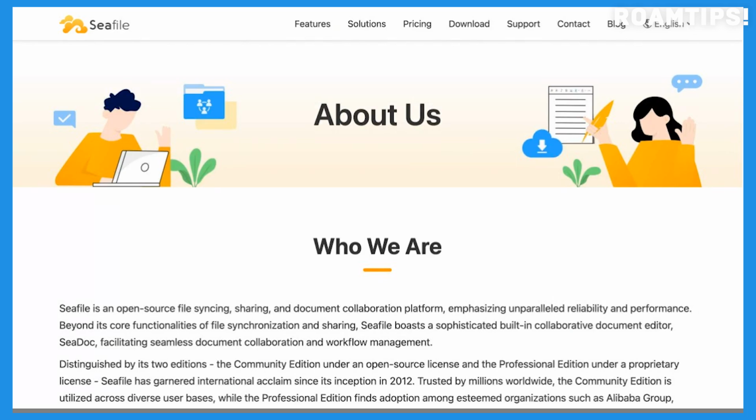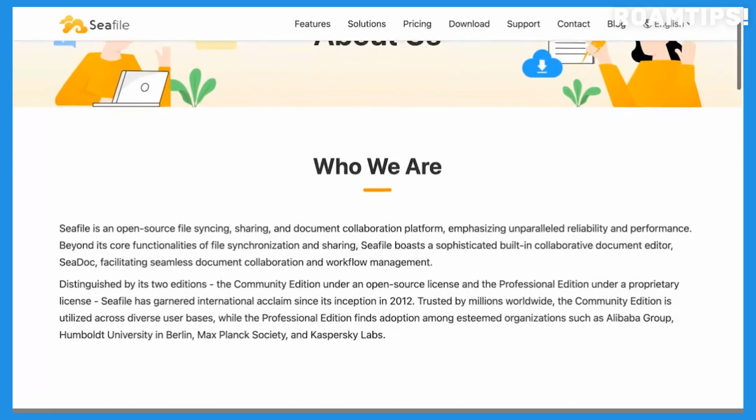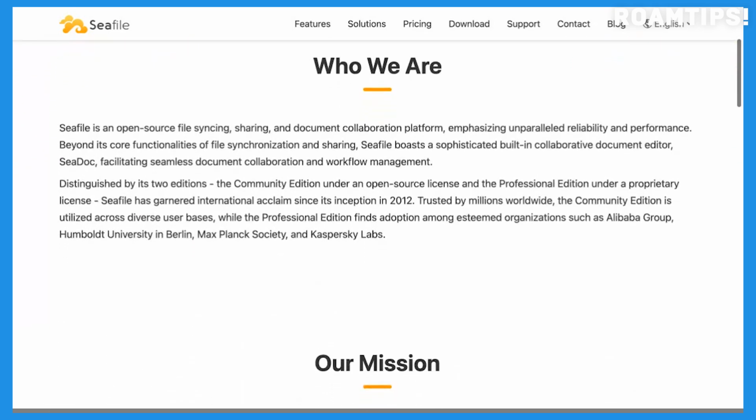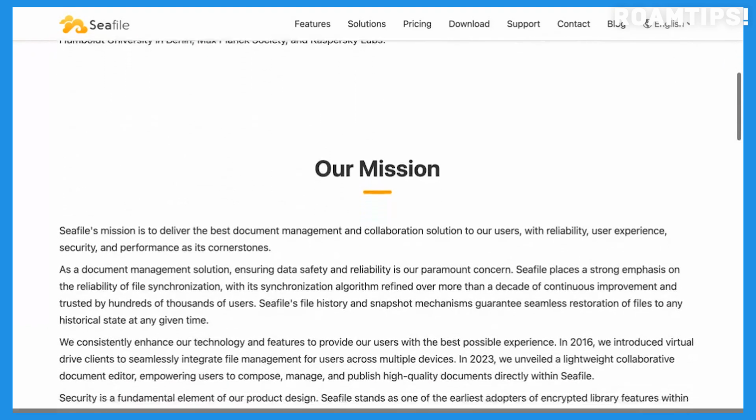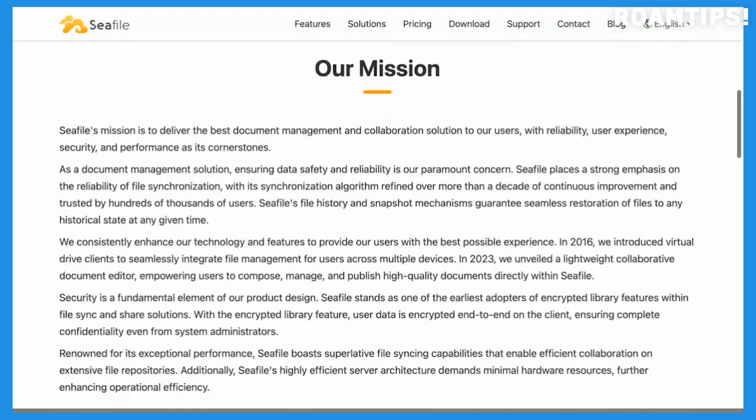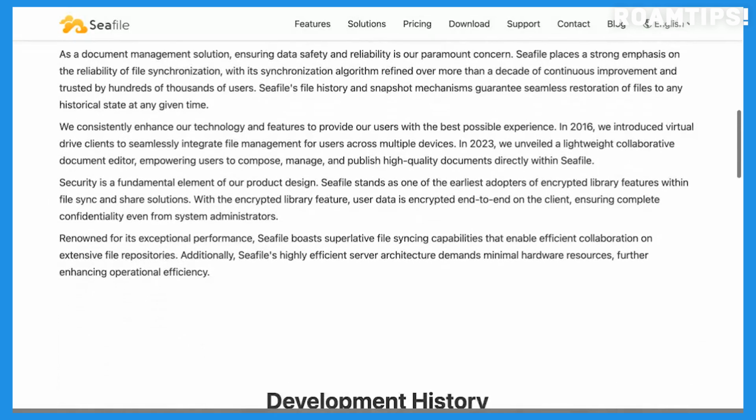In conclusion, Seafile presents a compelling alternative to traditional cloud storage solutions. Its focus on libraries, robust version control, secure sharing, and flexible deployment options make it a powerful tool for individuals and teams looking for a more controlled and private way to manage their